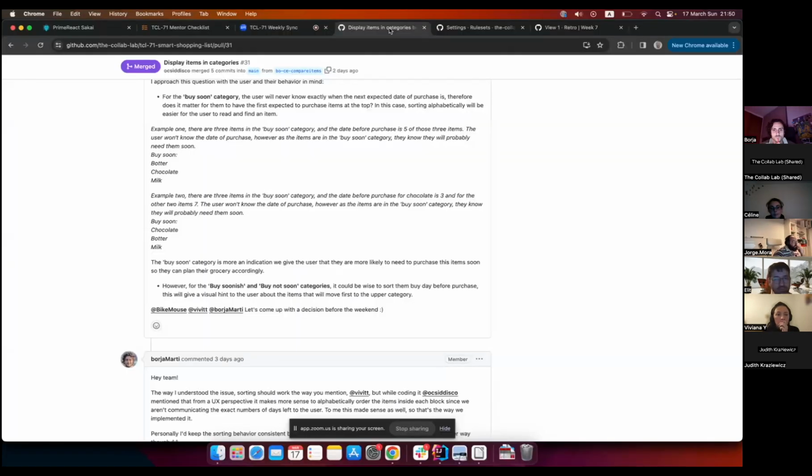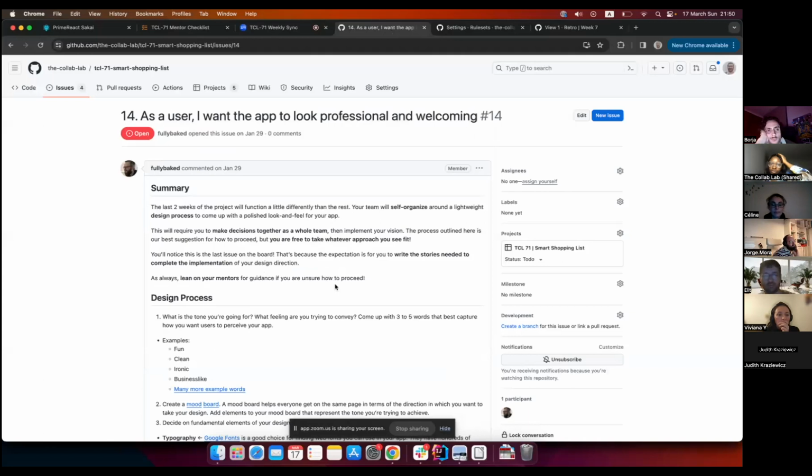14. As a user, I want the app to look professional and welcoming. The last 2 weeks of the project will function a little differently than the rest. Your team will self-organize around a leadable design process to come up with a polished look and feel for your app. This will require you to make decisions together as a whole team, then implement your vision. The process outline here is our best suggestion for how to proceed, but you are free to take whatever approach